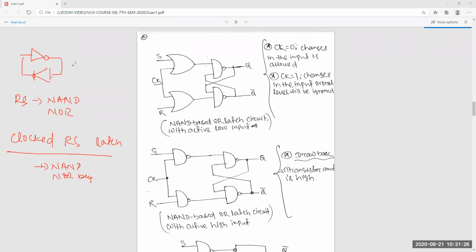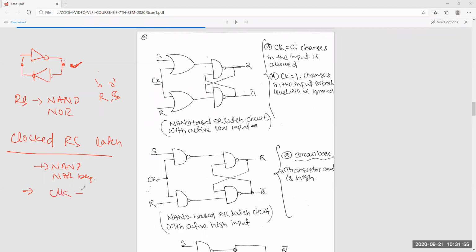Here the disadvantage is there is no extra input to modify the state. But here an extra input is there to modify the state, R and S. So depending upon the values 0 1, 1 0, 1 1, you will change it. But again here is another control: we have to enable the circuit by giving another control input, that is clock.